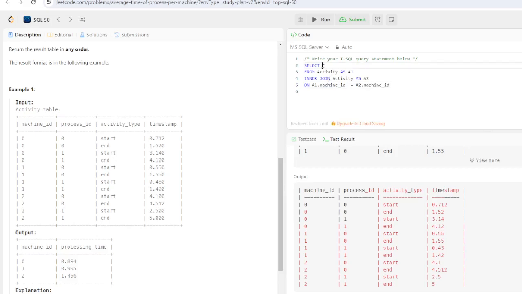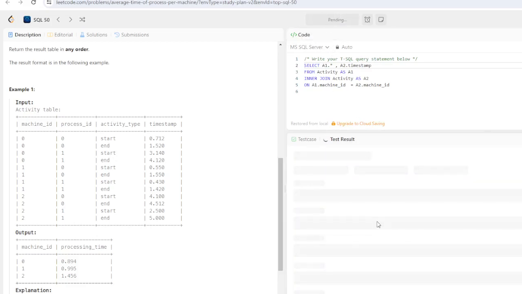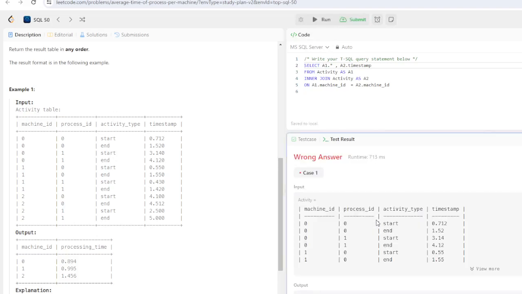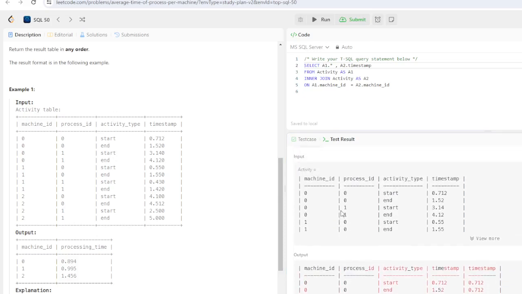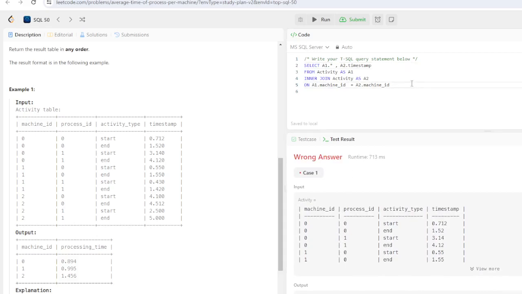From my first table, that is the a1 table, I want everything for now. And from this second table I only want timestamp, so I can say a2 dot timestamp. All right, and now let me run. This is all the records that we are getting, and we don't want all these records. So the second condition that I told was, we will say and